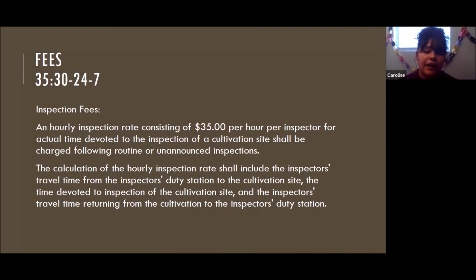Inspection fees. Again, this is $35 per hour per inspector of the actual time devoted to the inspection of your cultivation site. This can be charged following routine or unannounced inspections. So the collection of the hourly inspection rate includes the inspector's travel time from their duty station to the cultivation site, the time devoted to the inspection, and the inspector's travel time returning from the cultivation to the inspector's duty